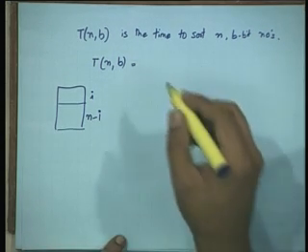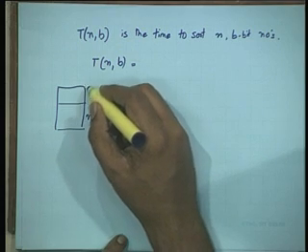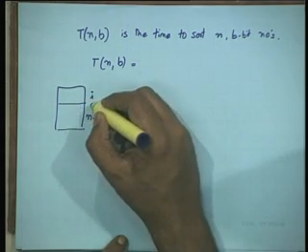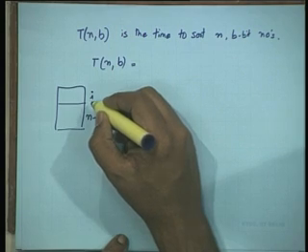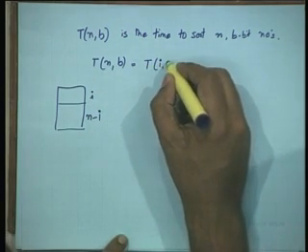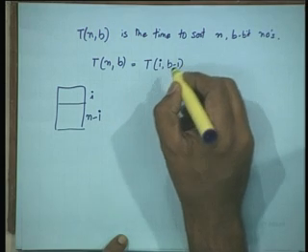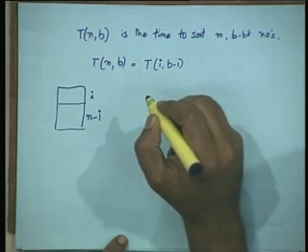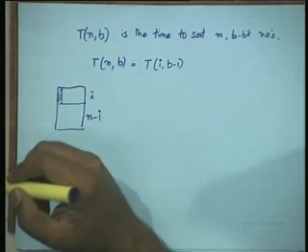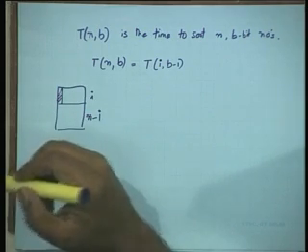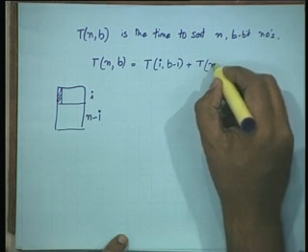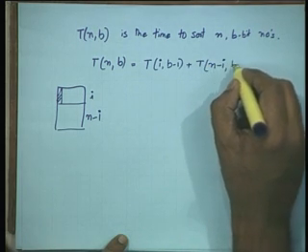Now, how much time does it take to sort these I numbers? Because we are going to do it recursively, it should be T of I comma b minus 1. That is important, the b minus 1. Why is it important? Because we are going to ignore the leftmost bit, because the leftmost bit is going to be the same for all of these numbers. And the time required to sort the other n minus I numbers is T of n minus I comma b minus 1,